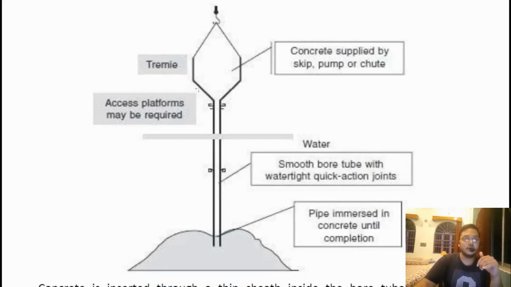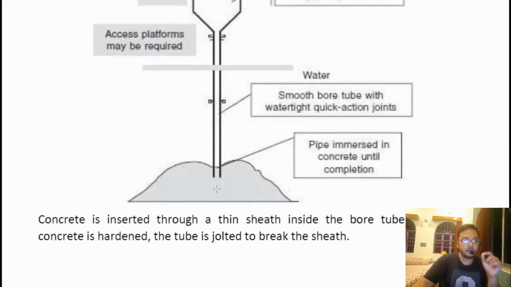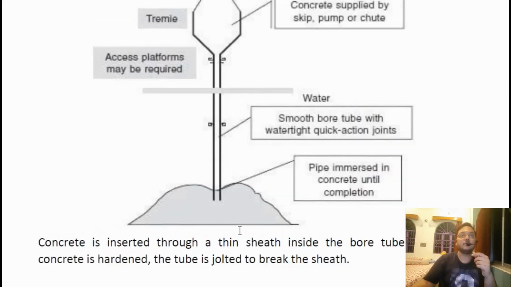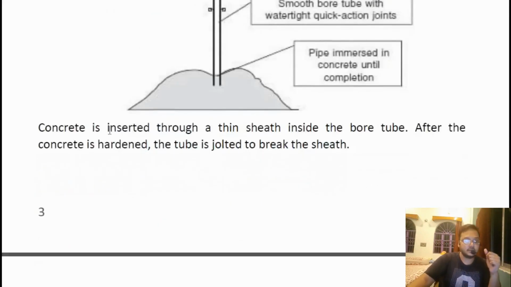So this is the way of construction where we use one pipe and we are injecting some amount of concrete, and this concrete is actually supplied by keeping it in a rubber-like bag, a rubber-like sheath, inside this particular tremie pipe. After we fill this with concrete, we give a certain jolt, a certain jerk, so that the rubber sheath breaks and we have the hardened concrete settled. At the end, when the concrete gets its hardened state, we remove this pipe, and thus we have the pile in front of us, and it can further be used for making bridges or some other construction on water bodies.